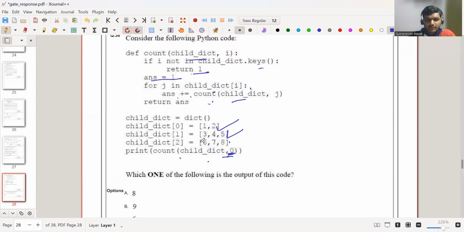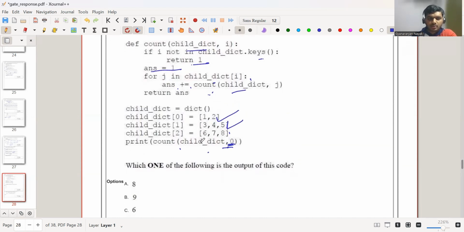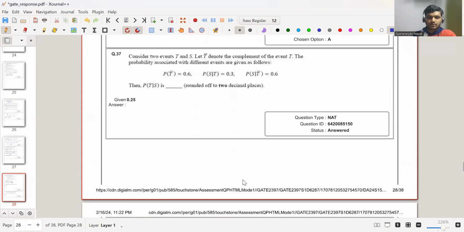So here option A, that is it prints the last element, that is 8. So you notice,